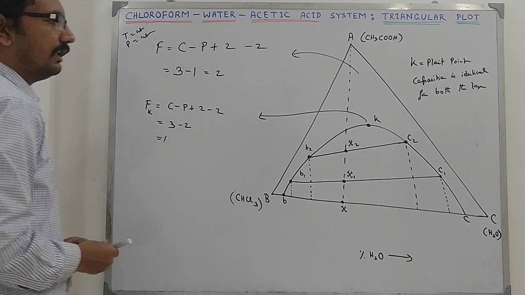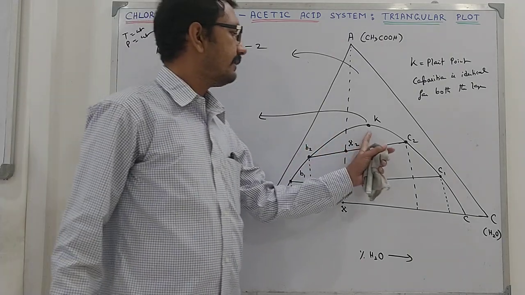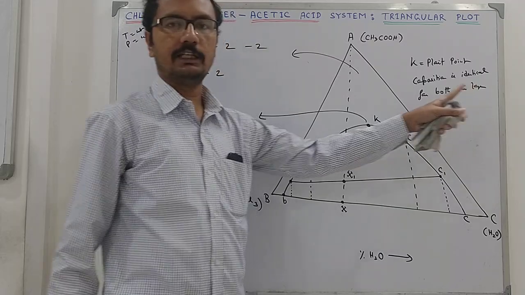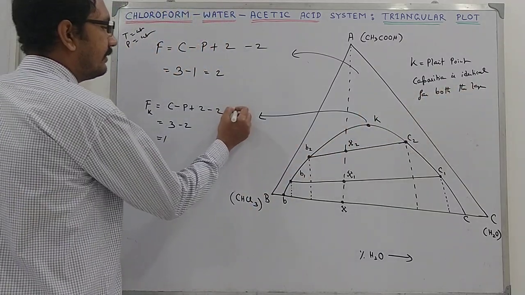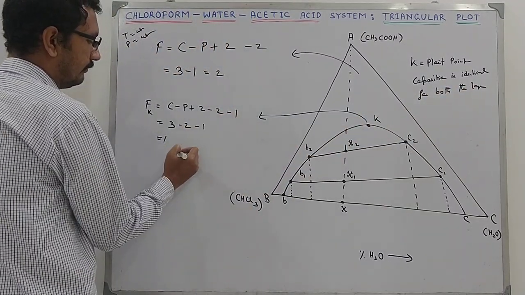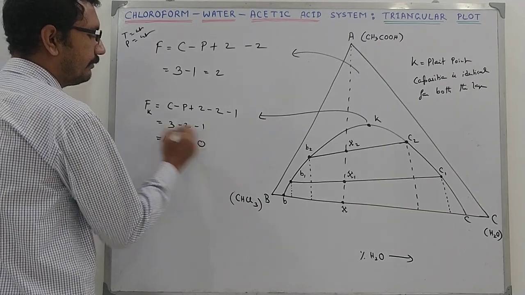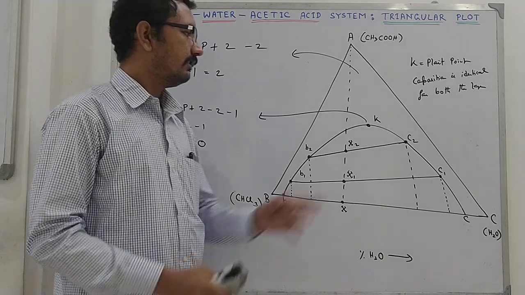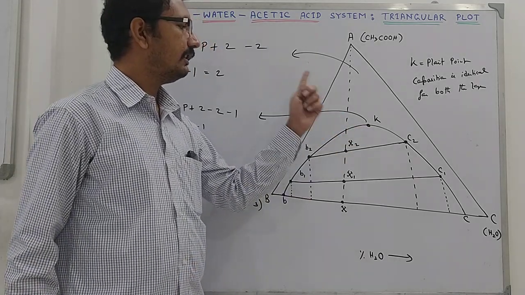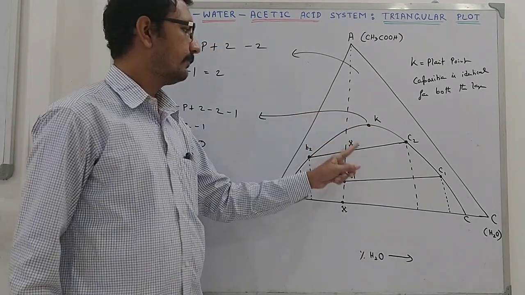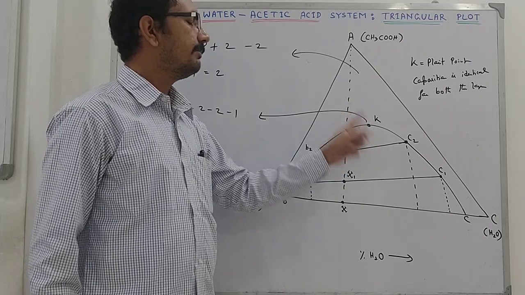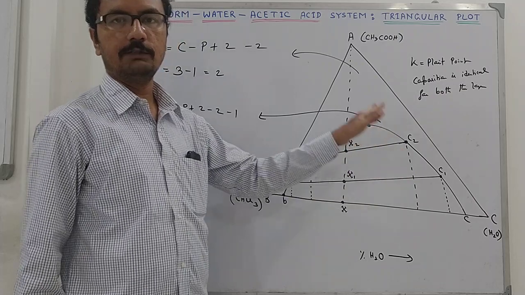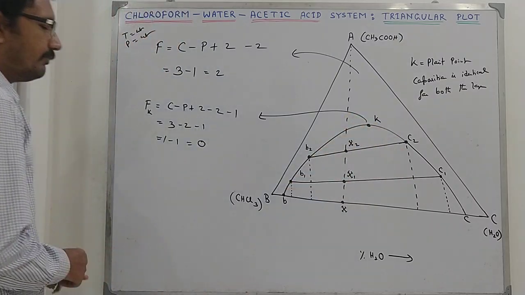Now remember that this point is characterized by this definition, that is, composition is identical in both the layers. So there is an additional restriction, and it will actually give you 0. So it is an invariant system. For this point, all the 3 compositions are fixed and temperature and pressure are fixed. So you have no variable in your hand that you can change. If you change it,